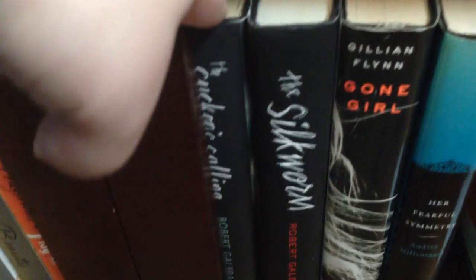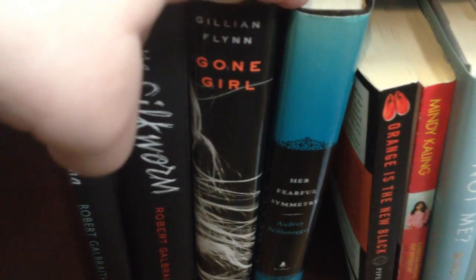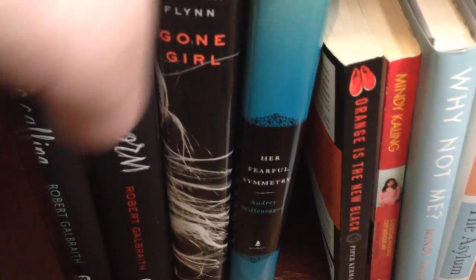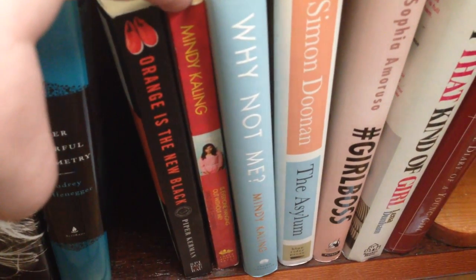13 Reasons Why. It's kind of a funny story. It's an amazing book about mental illness. Name of the Star, Dreamland, and Prep. Down here we have my horror, or thriller, I should say. This is The Cuckoo's Calling, The Silkworm, Gone Girl, Her Fearful Symmetry, hooray. Then my memoirs, Orange is the New Black, Is Everybody Hanging Out Without Me, Why Not Me, The Asylum Girl Boss,